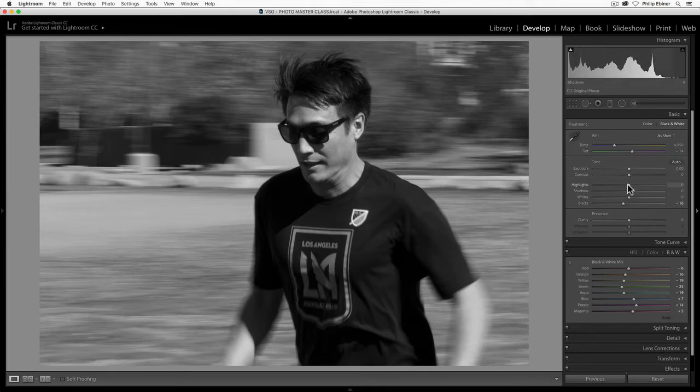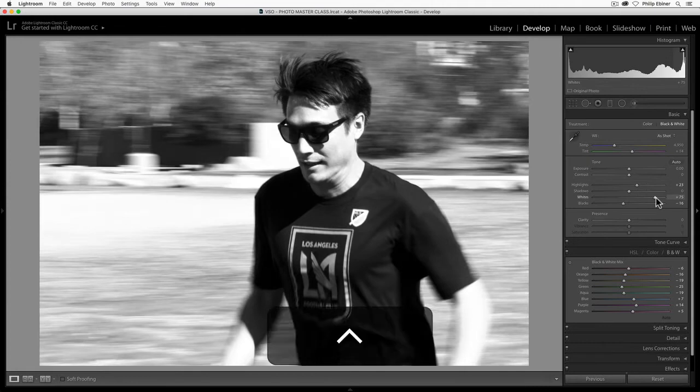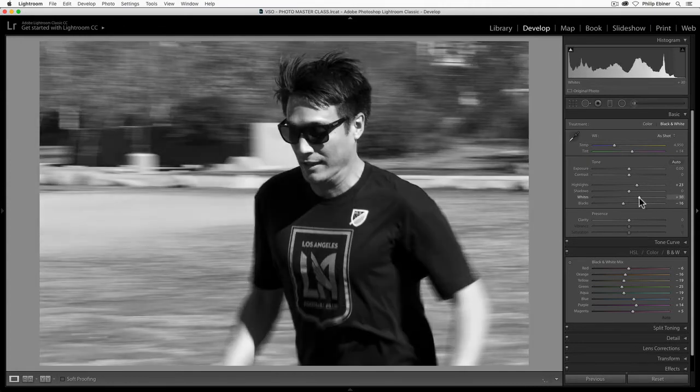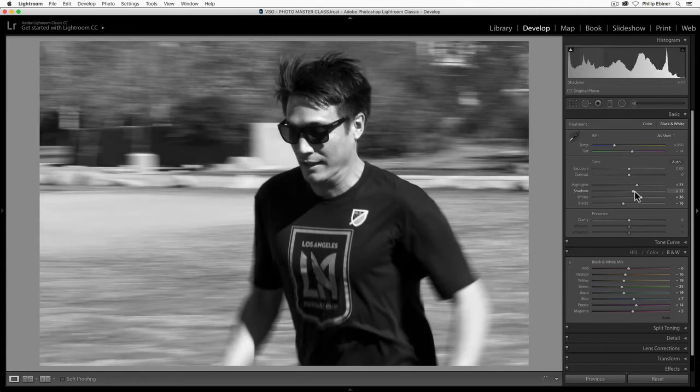I do want to increase the contrast, so I'm going to bring up the highlights and the whites just a little bit. I don't want to lose too much information. Holding the option key down, I can see that I'm losing some information of those whites, so I'm not going to go too crazy. And then with the shadows, I think I want to bring up the shadows to actually have more information on his shirt, kind of in the shadows of his face. Cool, so this is starting to look pretty good.